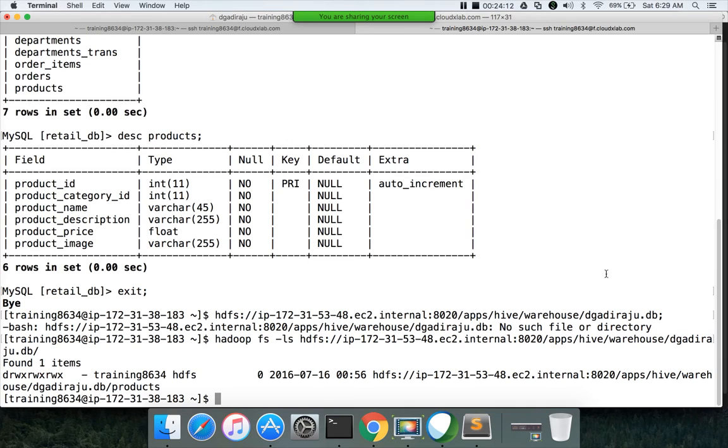So you can see there is a directory under this location, dgazraju.db, with the table name products as the directory name. So again, a table in Hive is nothing but a directory in HDFS, and all the files under that directory are considered to be the data for the table. By default, the location is our database directory created earlier when we created the database.